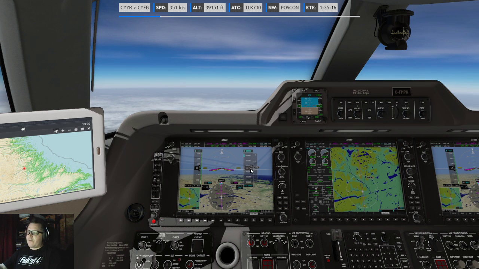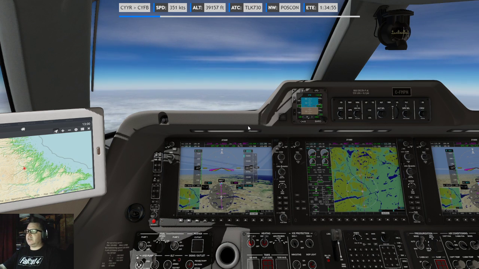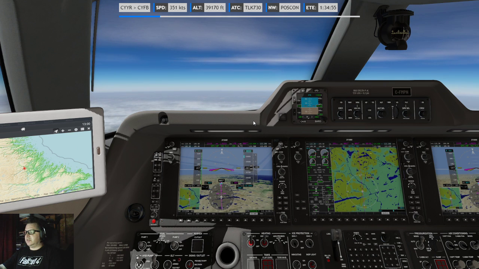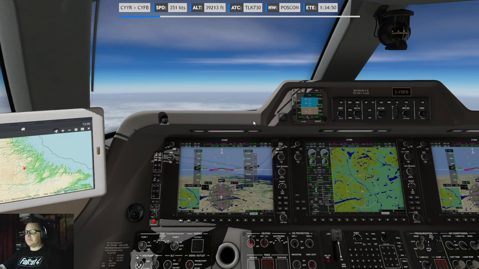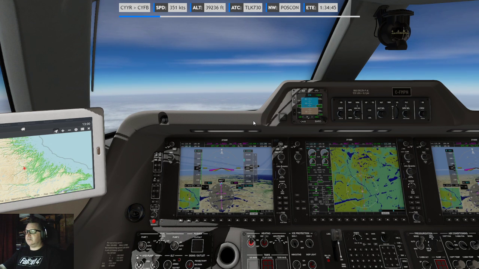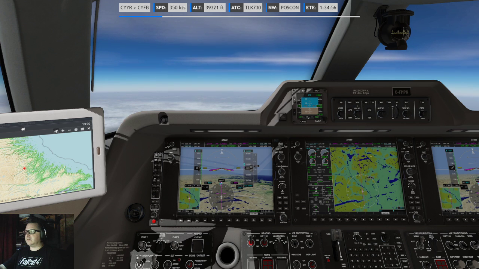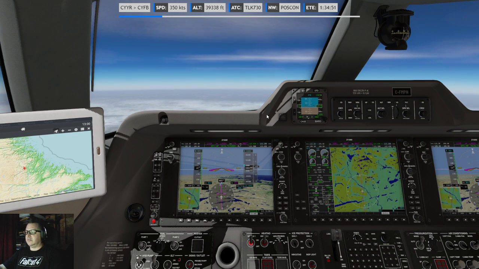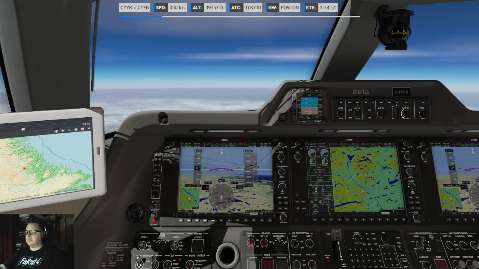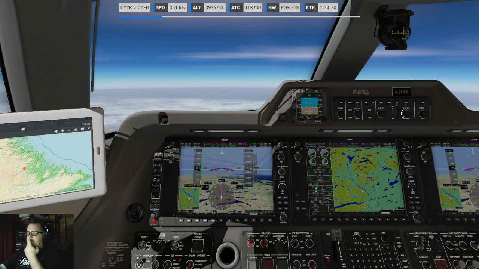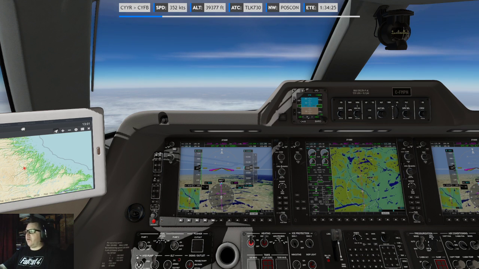And it's taking forever for that last couple hundred feet. Alright, she's about to settle. Come on. Take over. Thank you very much.